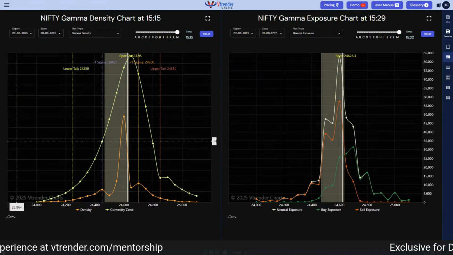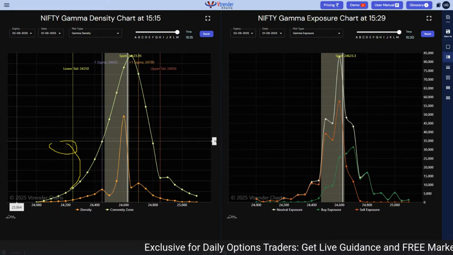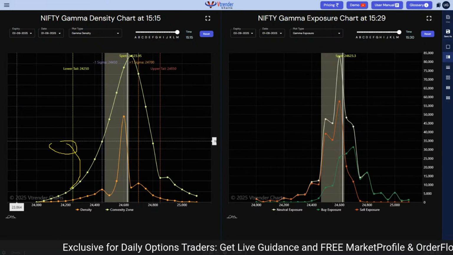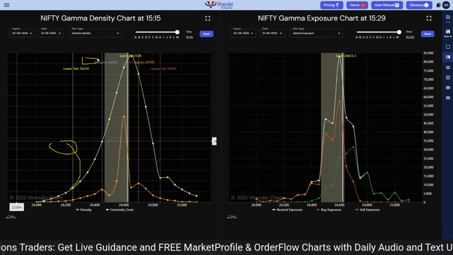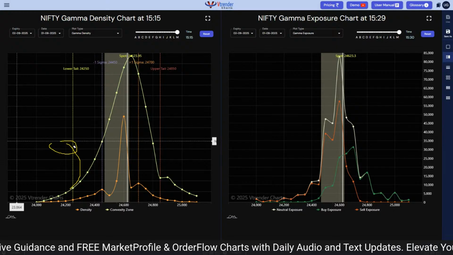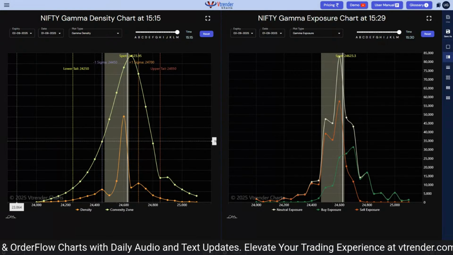We also have an article on how to use the gamma density and the gamma exposure chart. It is there in the must read section of the website. You can definitely go and check that and make use of this tool in the best way possible. Now let's move on to yet another